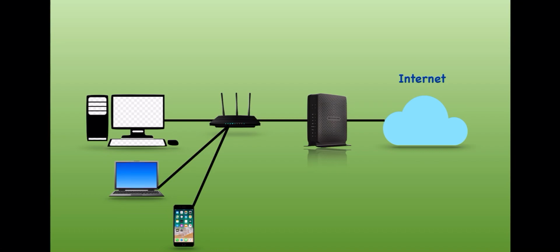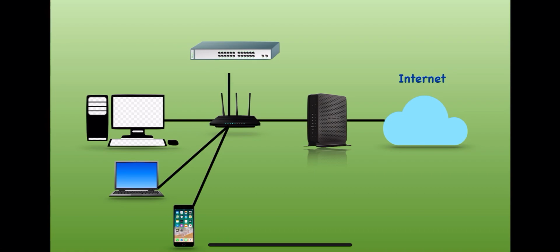It directs it to all of your computers, laptops, tablets, smartphones, etc., so that those devices can access the internet. A small office router, such as shown here, will have a built-in switch with multiple ports so that multiple devices can be connected using Ethernet cable connections, and it also functions as a wireless access point so that wireless devices can have internet access. Okay, but if you need more wired connections, what you can do is connect a switch to your router and then add more connections to the switch.